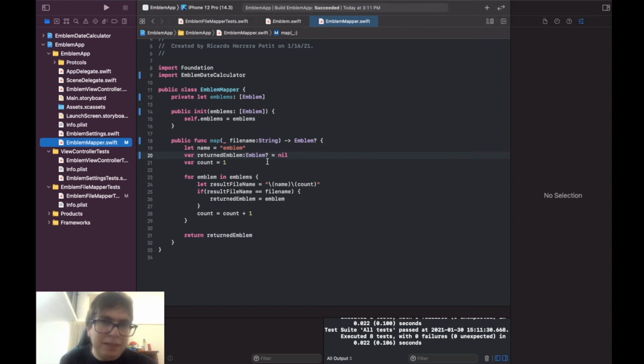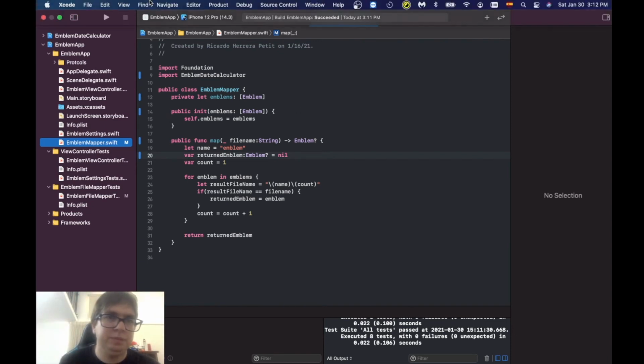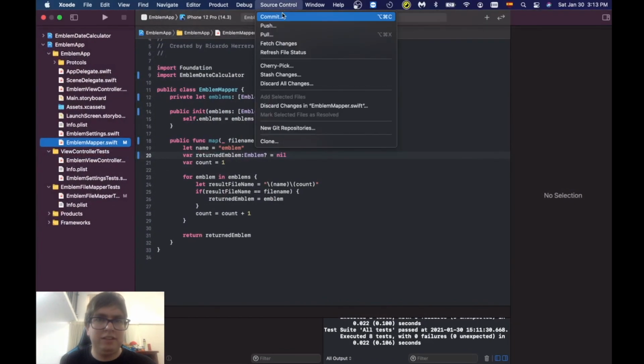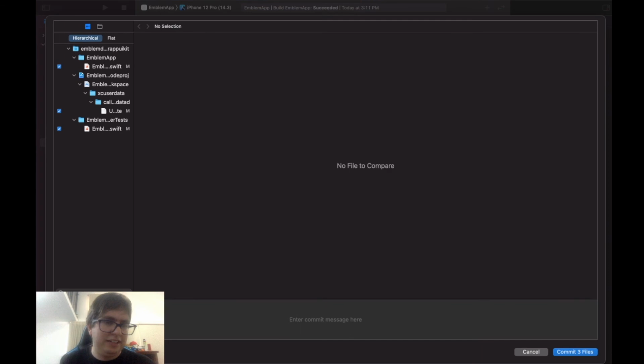So now my emblem mapper does map my emblem from an emblem 1, emblem 2, emblem 3, emblem 4 to those of them, right? So now we can use it. Now we can use it when we tap on the gestures, and we will do that in our next video. Before we do that, I want to commit this. So I want to say changed the emblem mapper functionality to map